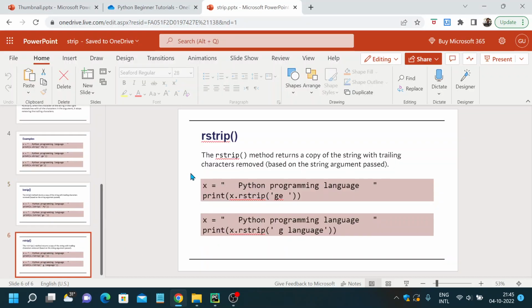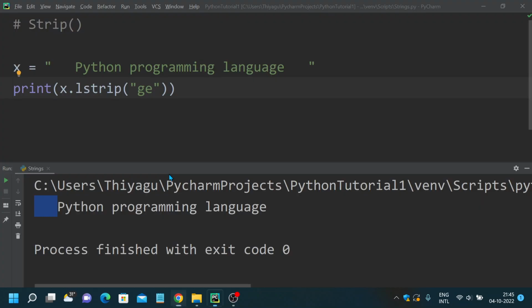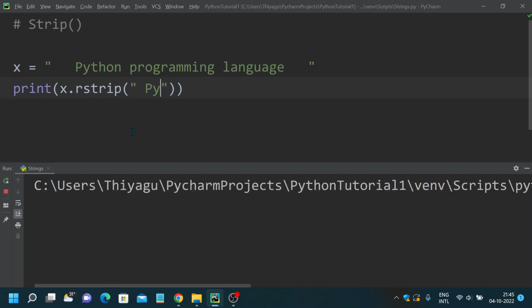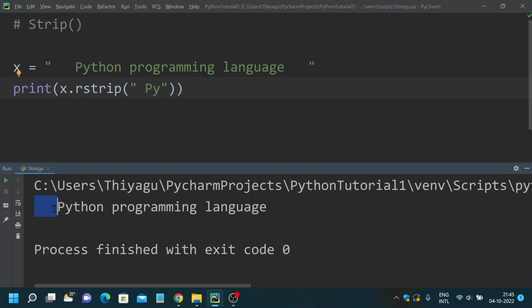Similarly, we have something called rstrip. Rstrip is just the opposite of lstrip. The rstrip method returns a copy of the string with trailing characters removed based on the string argument passed. Alright, here we had leading characters removed, here we have trailing characters removed. Okay, let's see another example here. So let's have rstrip. Now let's give something called py. Now you can see, since I'm using the rstrip method, it will remove or trim all the spaces that are